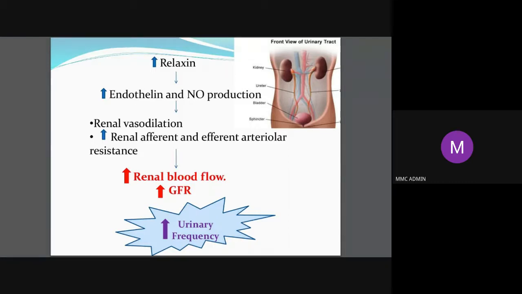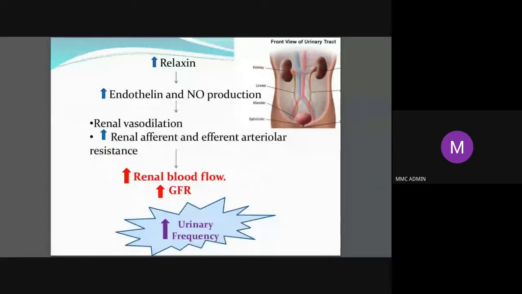Apart from that, the main thing is in the first trimester of pregnancy, this patient will come and tell you, I feel like passing urine very often. So immediately we start thinking in terms of infection. Maybe she's having some infection, but it is not due to that, because in the first trimester she feels very thirsty because the blood flow to the kidney suddenly increases, and the renin-angiotensin system, everything gets activated. So the osmoregulation is reset, she feels very thirsty, she takes more water, more urine is formed.